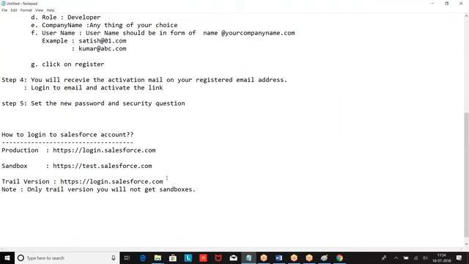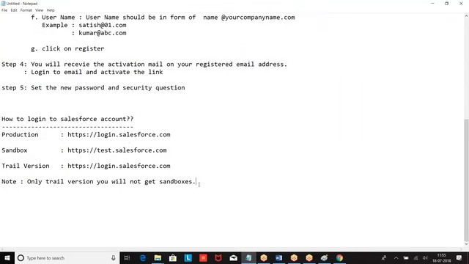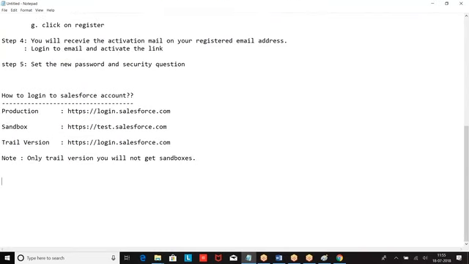On the trial version, you will not get any sandbox. Only they are going to give you production. So these are the URLs which we are supposed to use to log into Salesforce and into the sandboxes. So let us go to the next one. Okay. Now,